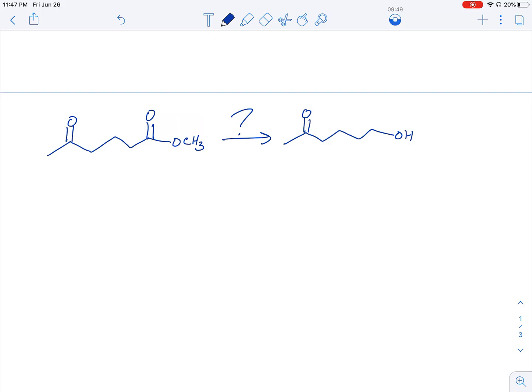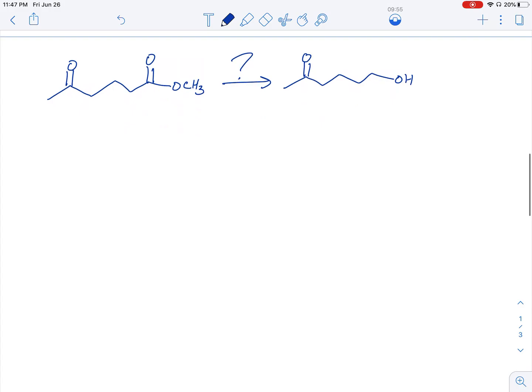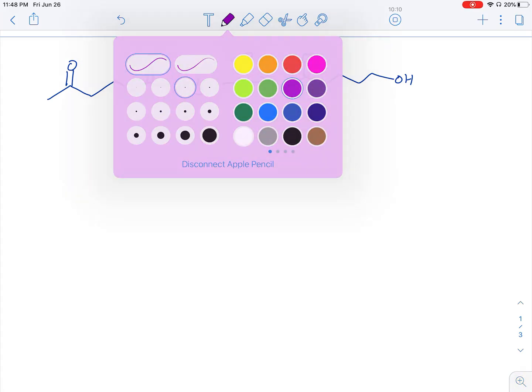And so in order to do this, we would have to somehow protect that ketone, but we don't know of any protecting groups. We know how to protect alcohols, but not ketones. Well, actually, you do. Ketals and acetals are protecting groups for aldehydes and ketones, right? So acetals here, so let me put this here. So acetals